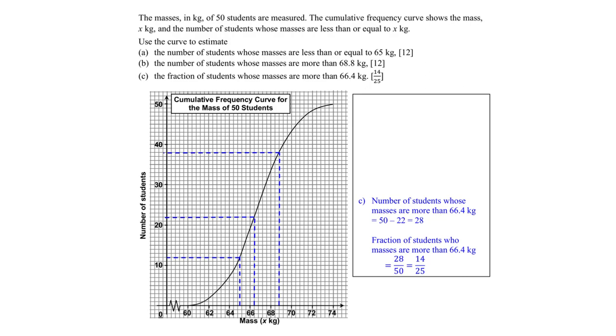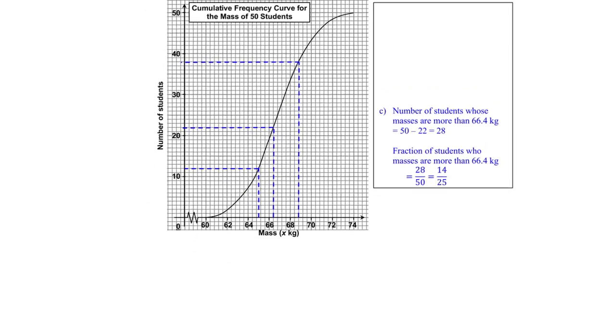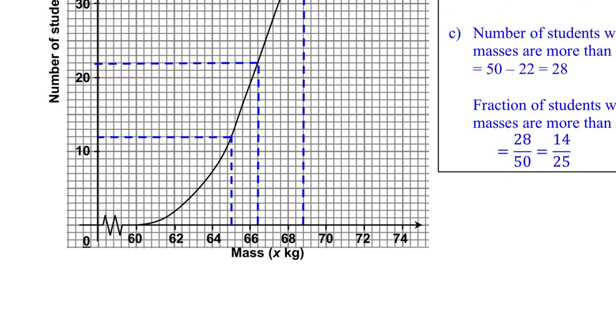As for part C, instead of asking what is the number, now they actually ask us about the fraction. But the idea is the same because we are still talking about more than 66.4 in this case. So going into this question, 66.4 will be here. And that's where I go up and I gather from the graph that there are 22